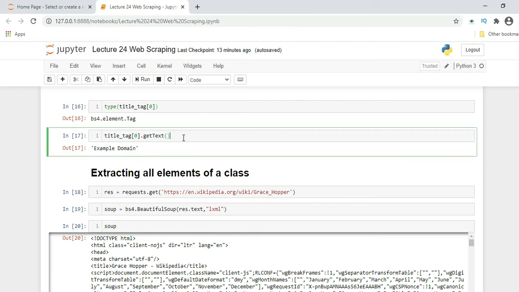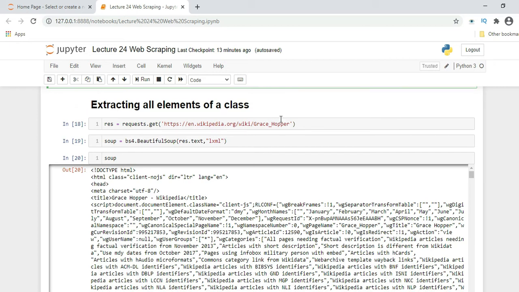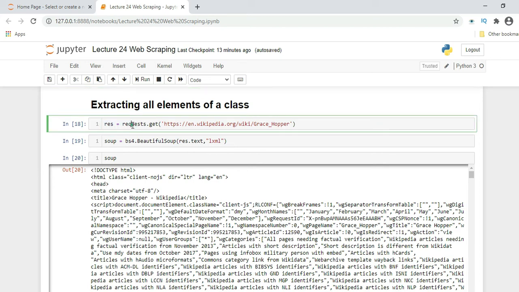Now similarly, as we extracted the title from an HTML document, there is also a class, if you are aware of some HTML tagging. A class starts with a dot in HTML. So we are using another URL here. res is a variable name equal to requests dot get function, and inside it we have provided a URL.